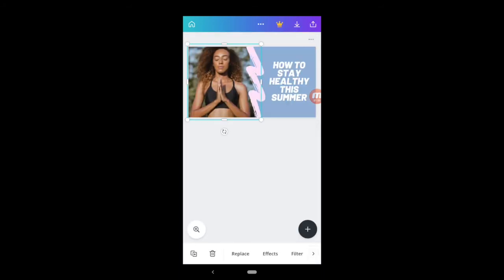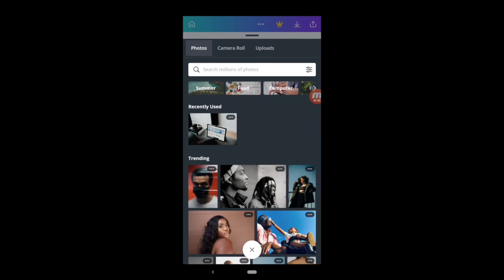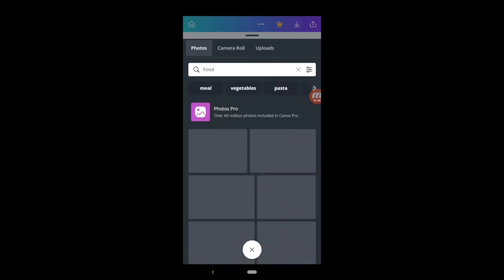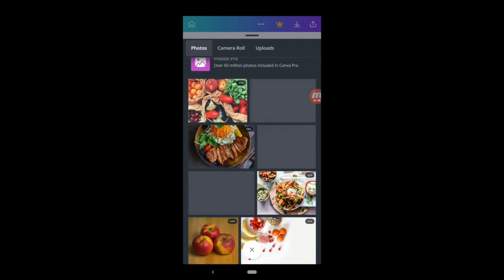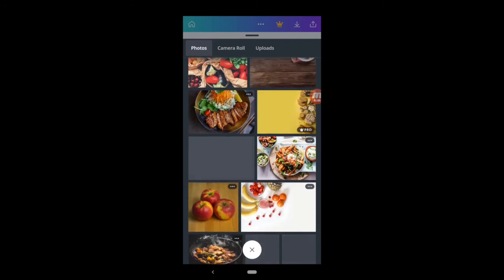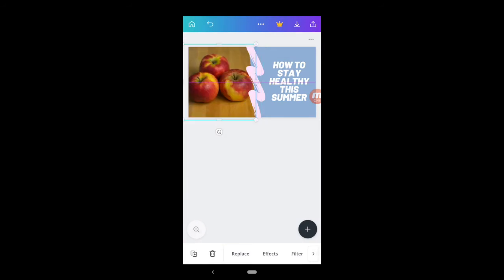So I click on it, and I want to change this picture right here. So it's different from the PC, and it's different from how they do it. You're going to click on replace down here, and then it will give you an option. Maybe I want to talk about food, so let me click on food, and they're going to give me options, right? So you see, let's say apple. So I'll say apple, and I click on that one, and it pops up here. I can adjust it a bit, and then I click this side,